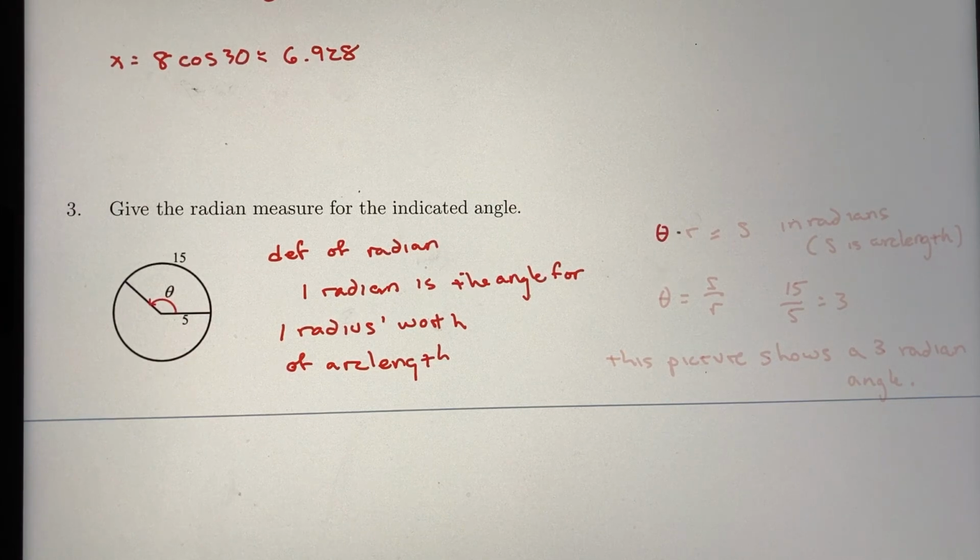So, radians times radius equals arc length. Doesn't work in degrees. Don't ask me why they use S for arc length. It's really irritating. People look at it, it looks like a 5. Oh well. Okay, so my angle in radians is arc length over the radius. So for this problem, it's 15 over 5, which is 3. So this picture shows a 3 radian